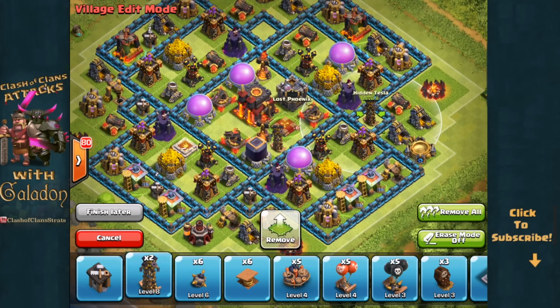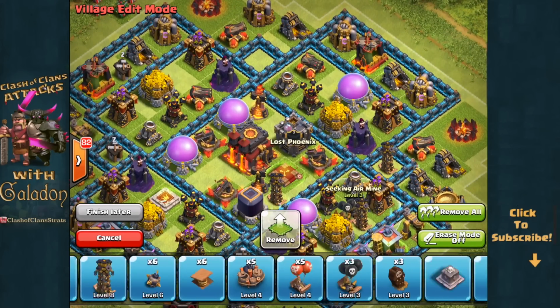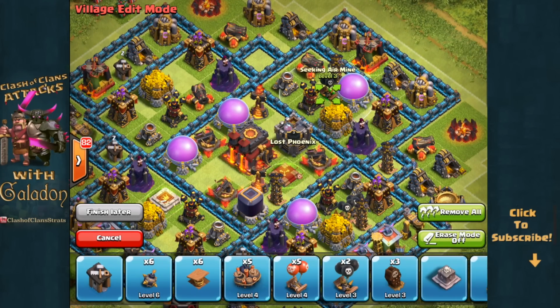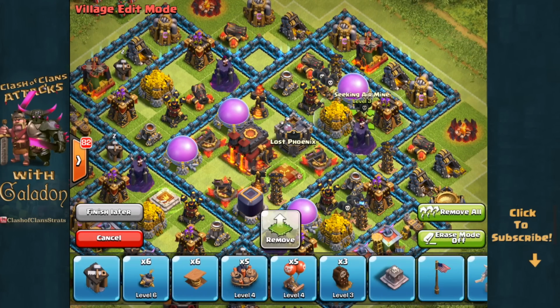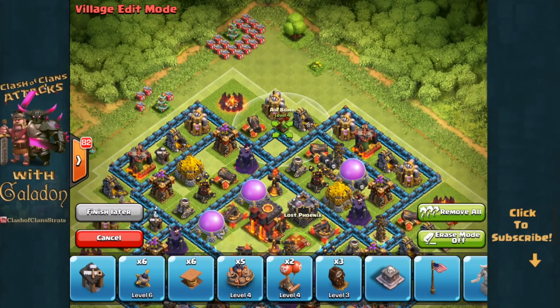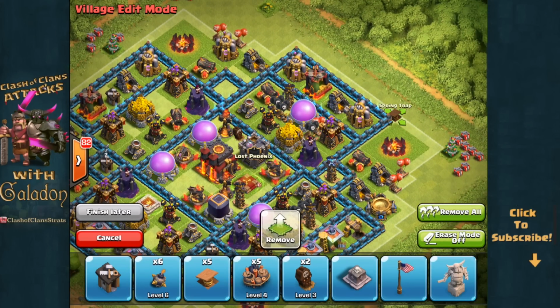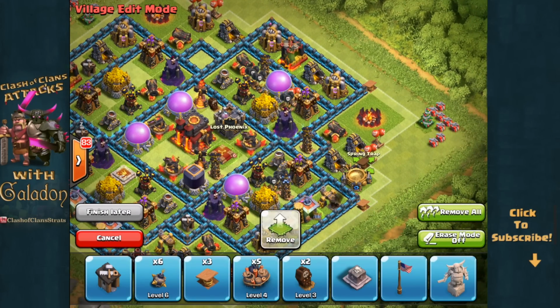Now I put the Teslas down, and I'm going mostly on the right side with the Teslas. Also, the bombs are going to go out towards the corners. The air mines are going to go right next to these air defenses. The idea being, hopefully when they deploy the lava hounds, the air mines will take the lava hounds out, the bombs will work on the balloons, and I'm going to set most of my Teslas off to the right, because